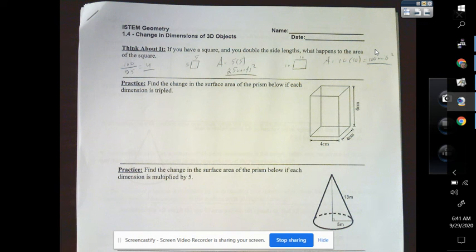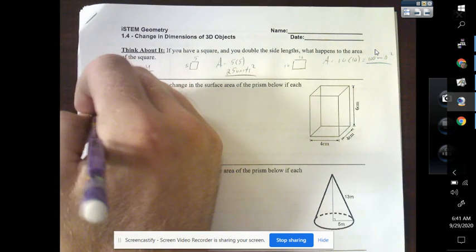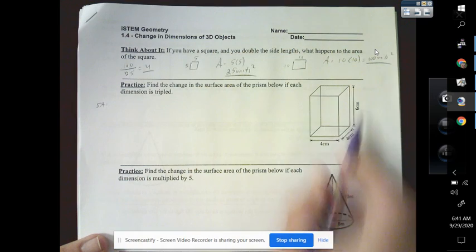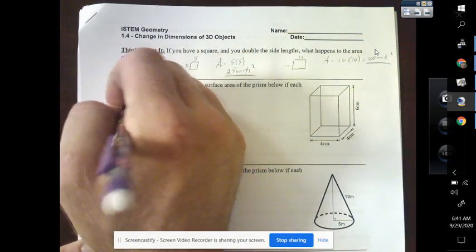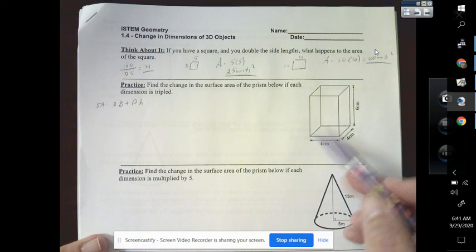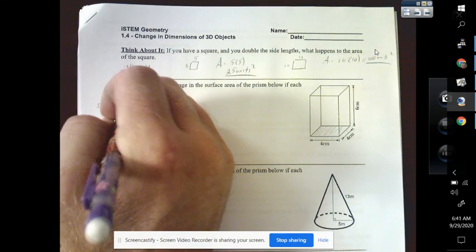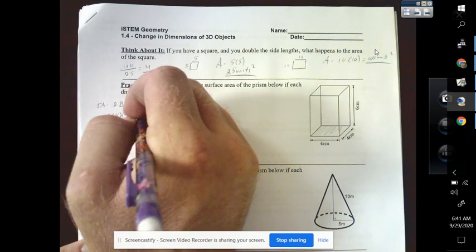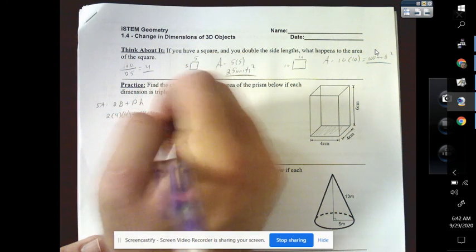Practice. Find the change in surface area of the prism below if each dimension is tripled. So I'm going to first find the surface area of this box with just the regular dimensions. We know that surface area is 2 times the area of the base plus the perimeter times the height. I'm going to call this my base. So 2 times 4 times 4 plus my perimeter, which is 4 plus 4 plus 4 plus 4, and my height